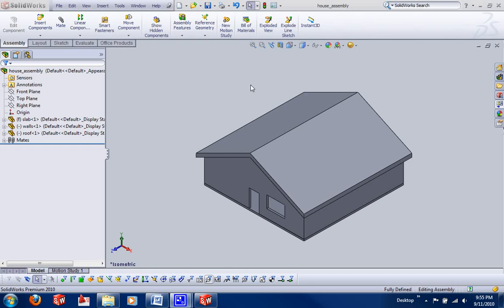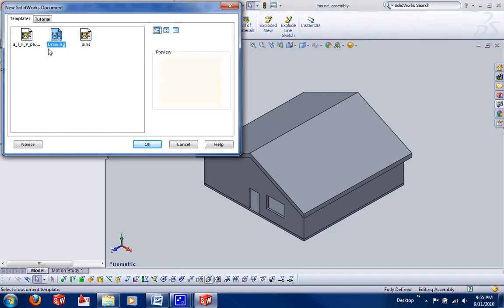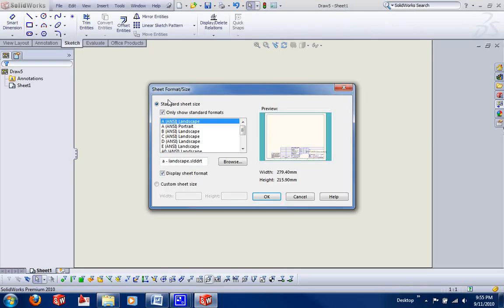Okay, now we want to make an assembly drawing of our house. So I already have the house assembly open, and I'm going to come over here to the new icon. I'm going to say make drawing from part/assembly, and I'm just going to choose this default drawing template, and it's going to bring up all these different sheet sizes that I can choose from. I'm going to choose the A landscape,